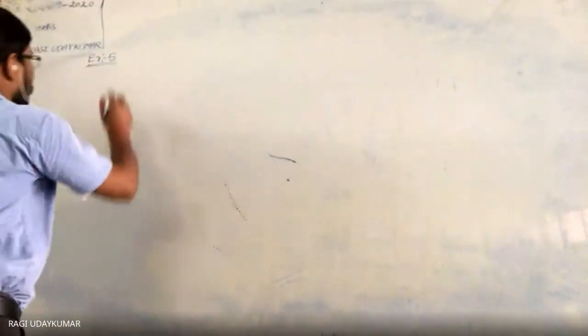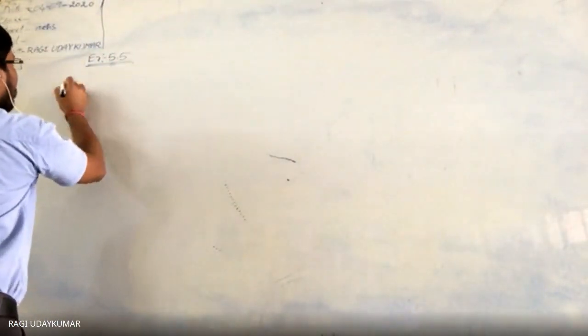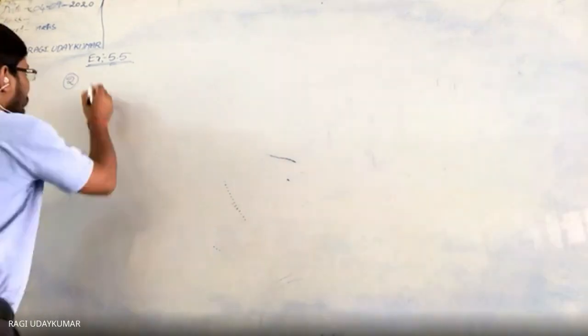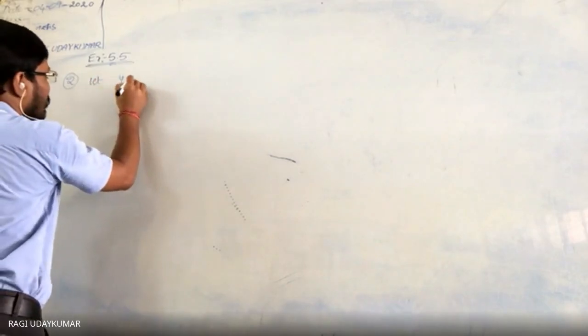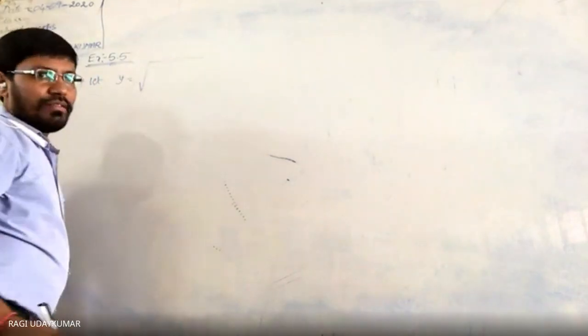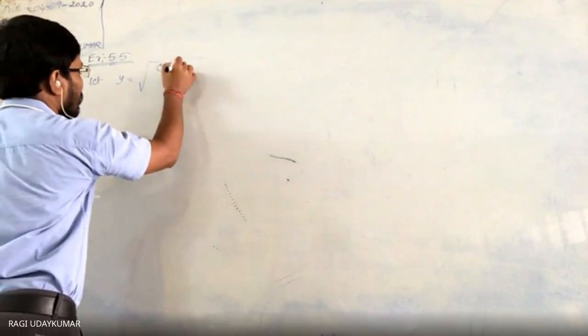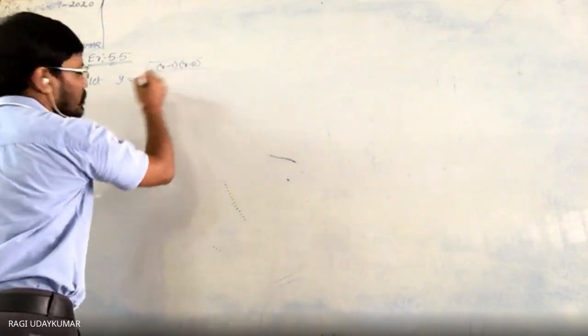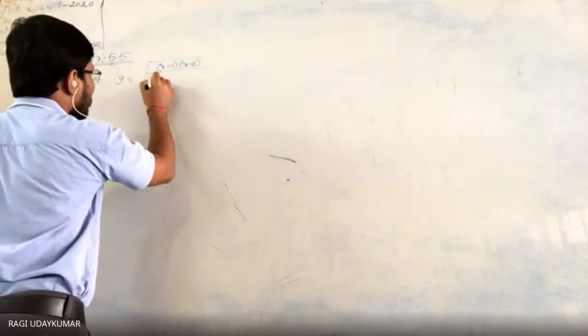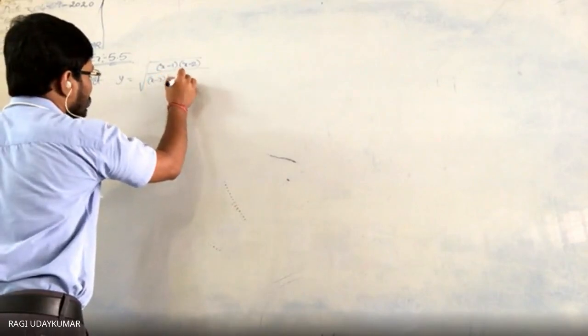Exercise, let us see here. In this, the first problem you can solve it, second answer. You see here, these problems are very lengthy, but it is very simple, not very difficult here. So let us consider this as the given function, you consider it as y. y is equal to, it is given to you, x minus 1 into x minus 2 into x minus 3 into x minus 4 into x minus 5.